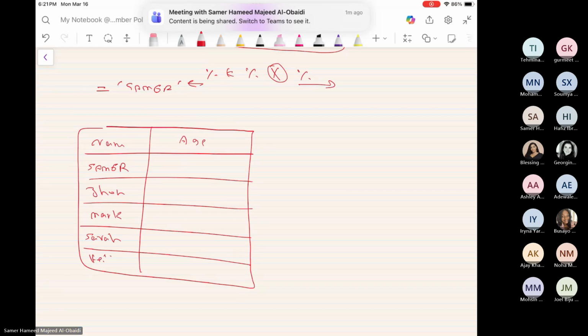Ages: 30, 35, 20, 26, 22. Now, if I want to retrieve Samer, Mark, and Heidi,